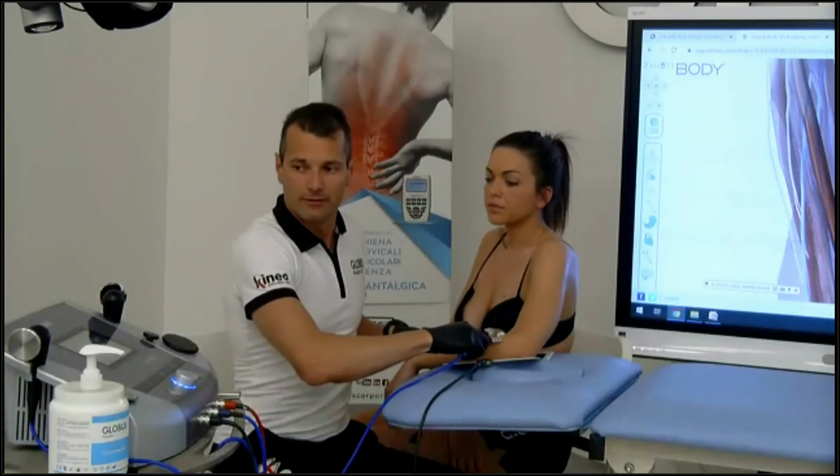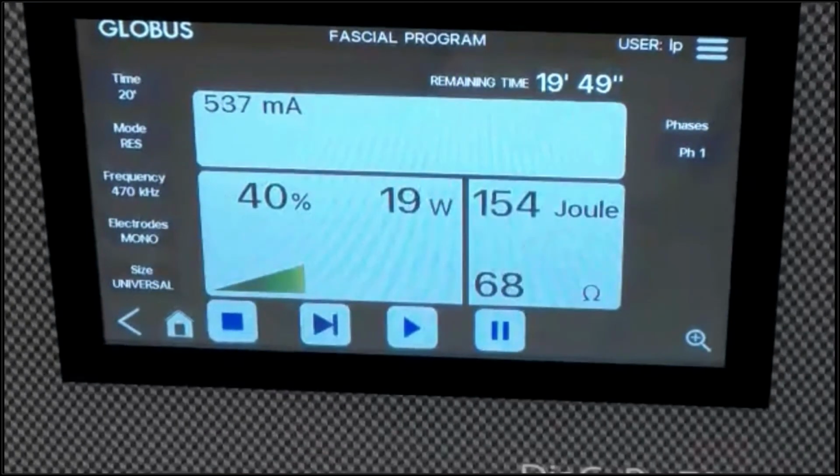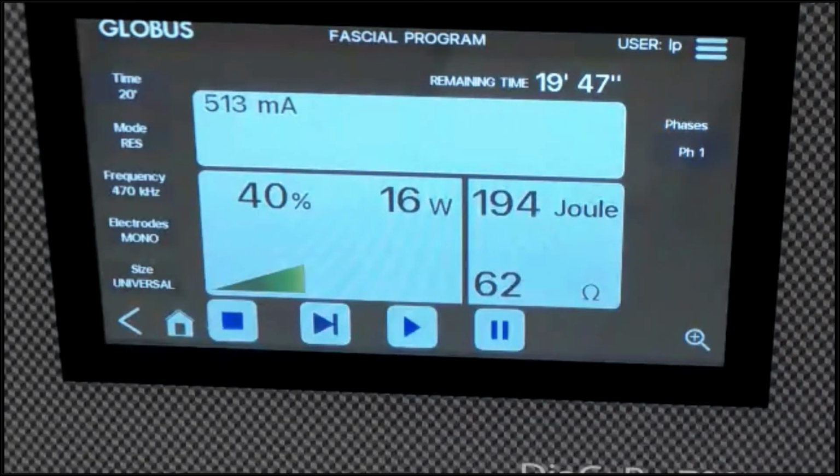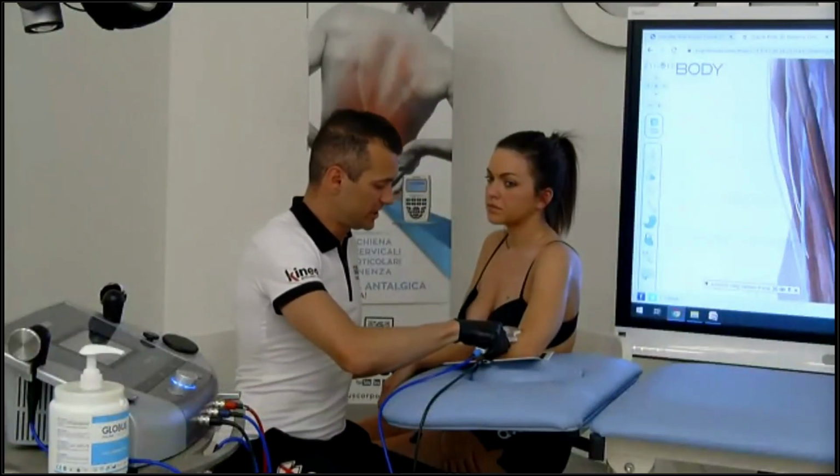The current is quite a good current, about 400 milliamperes. Have a look in a few seconds at the histograms, as usual, to better understand the therapeutic window. Also, we can ask the patient. All right, he's perceiving a 2 on a scale from 0 to 10.